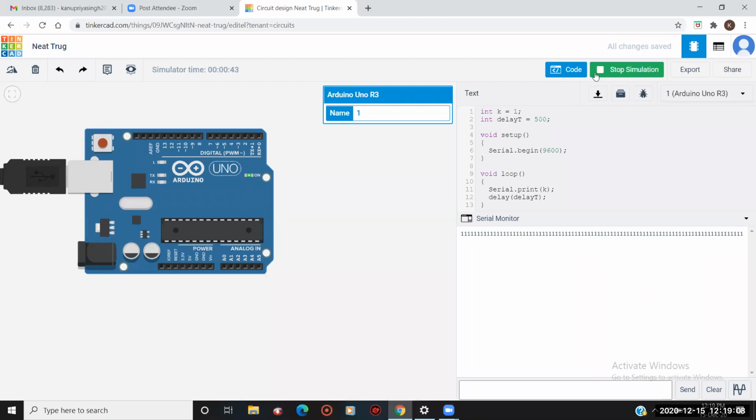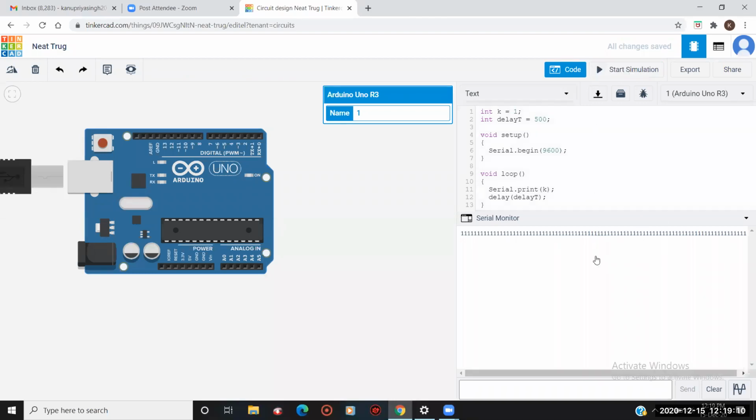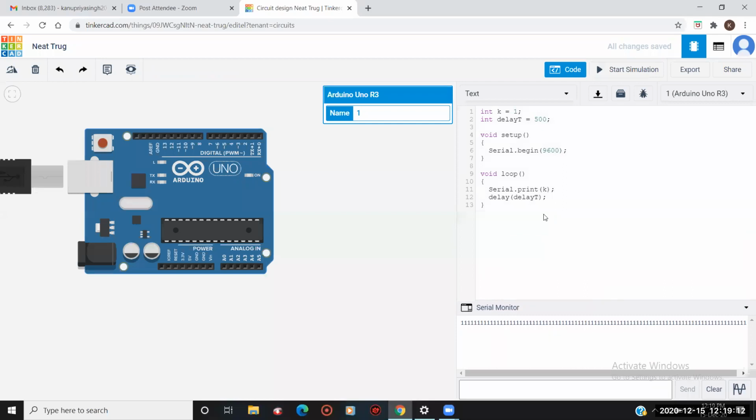So I'll stop my simulation and make some changes in my code. I want that the number it is printing, 1 1 1 1, should come to a new line. After printing 1, it should come to the new line and print 2.